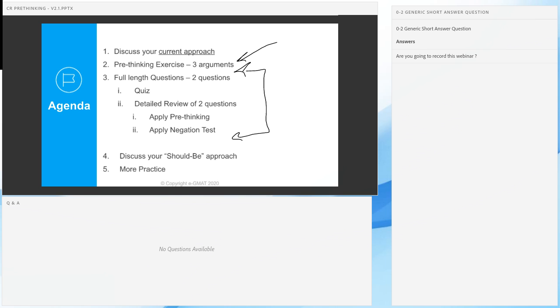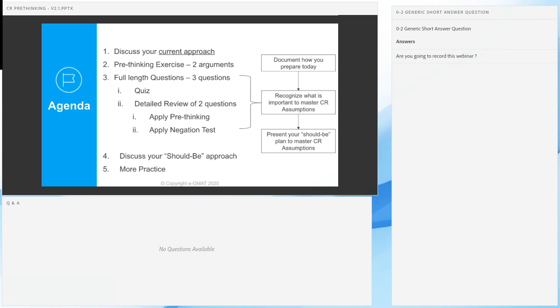And then we're going to look at what you should do next. What should be the next steps? How do you build upon this so that you perform consistently, so that your ability improves, and you can highlight that ability on the test? In many ways, what we're going to look at is where you are today, what's important to SCR, and then how you can get there.